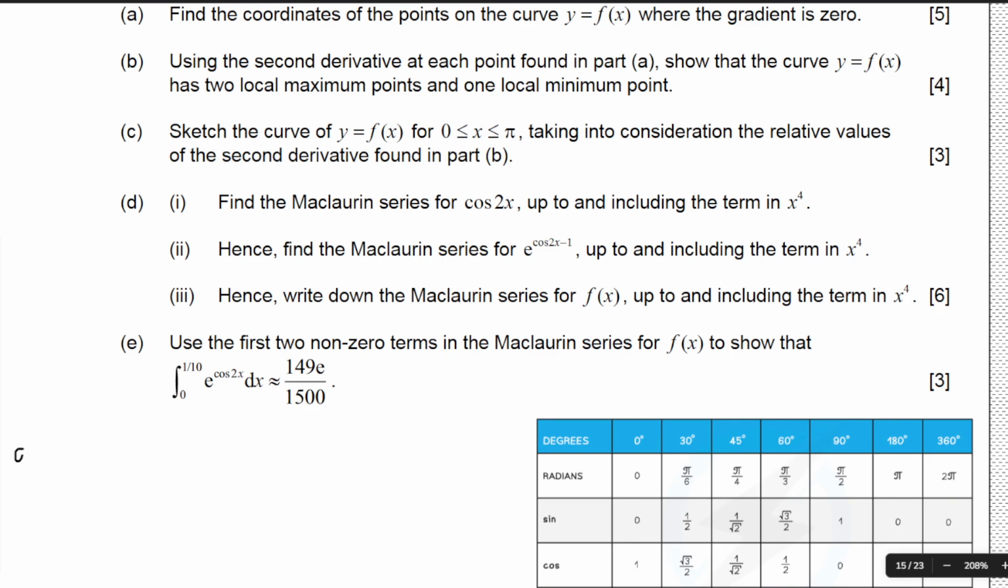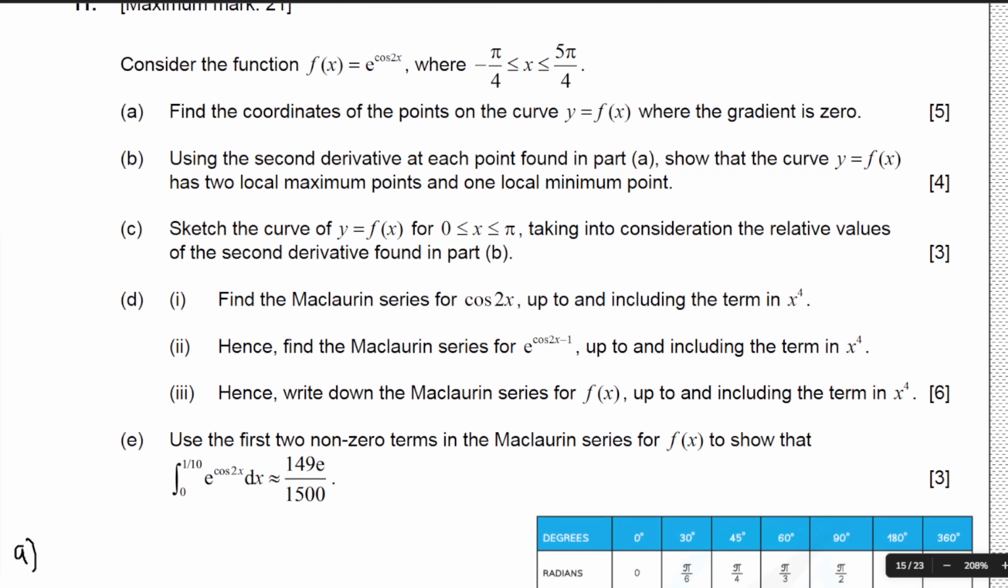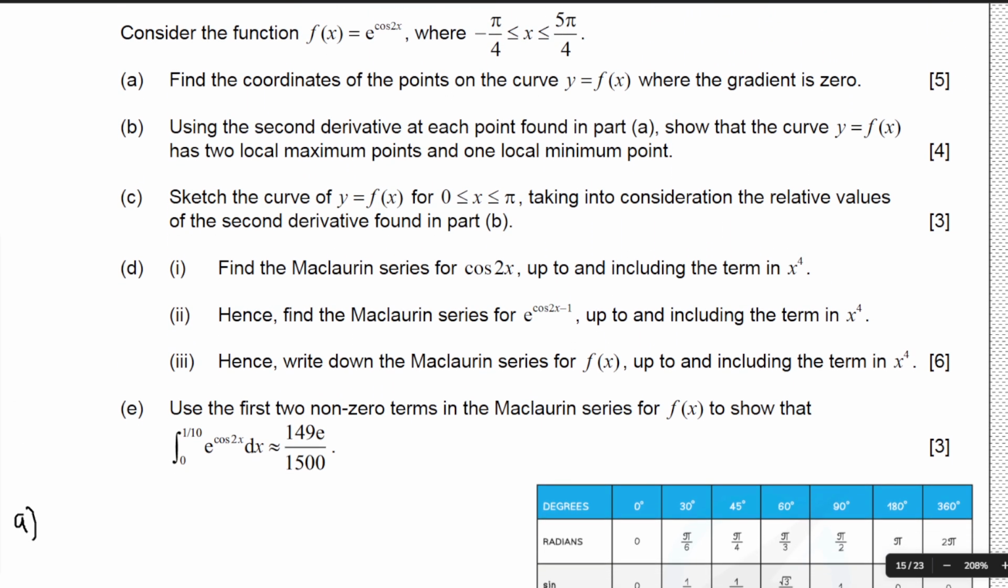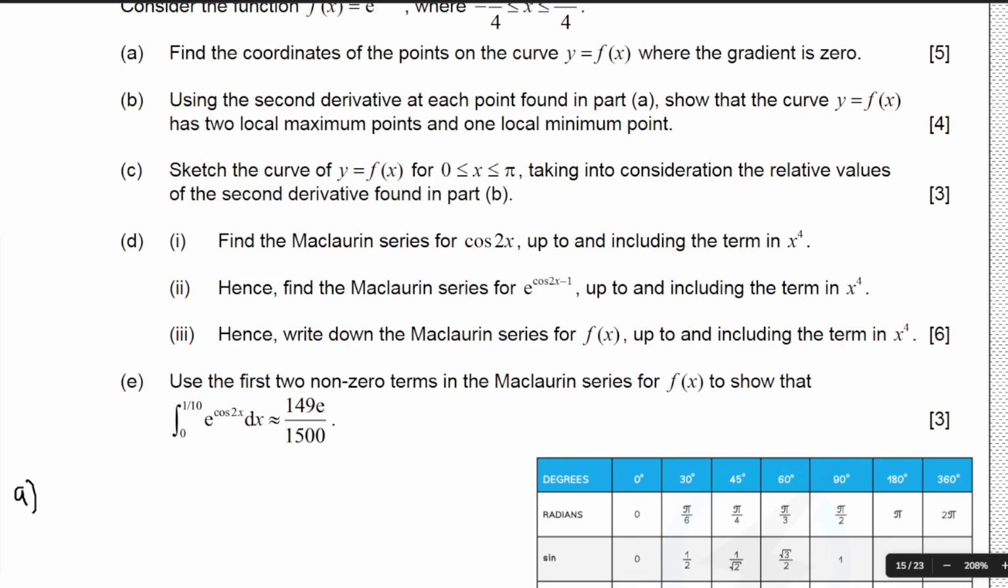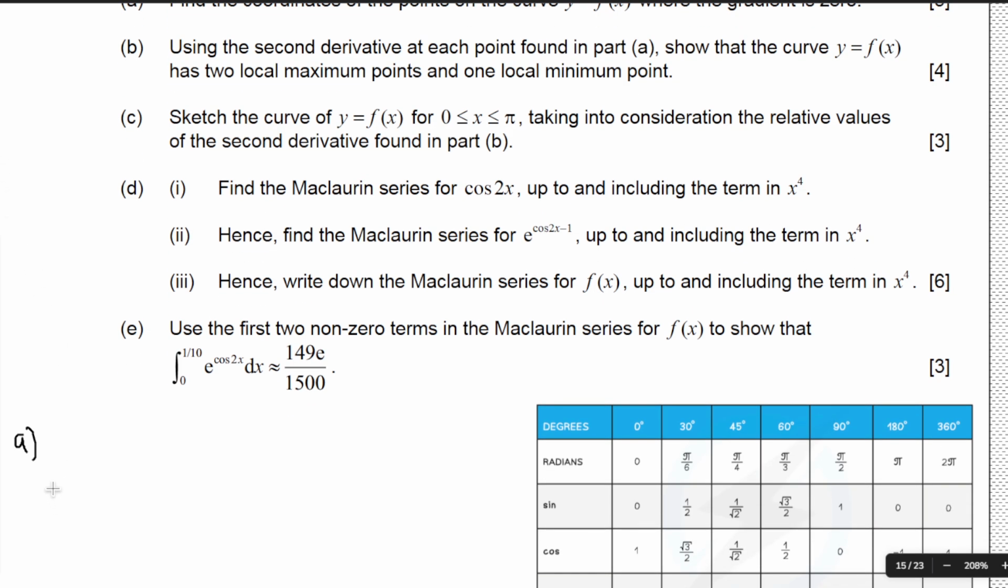Okay, so for part A, we're trying to find the coordinates of the points on the curve y equals f of x where the gradient is 0. So what is the gradient? Our gradient is the same as dy dx, which is the same as f dash of x, okay? So our f dash of x here